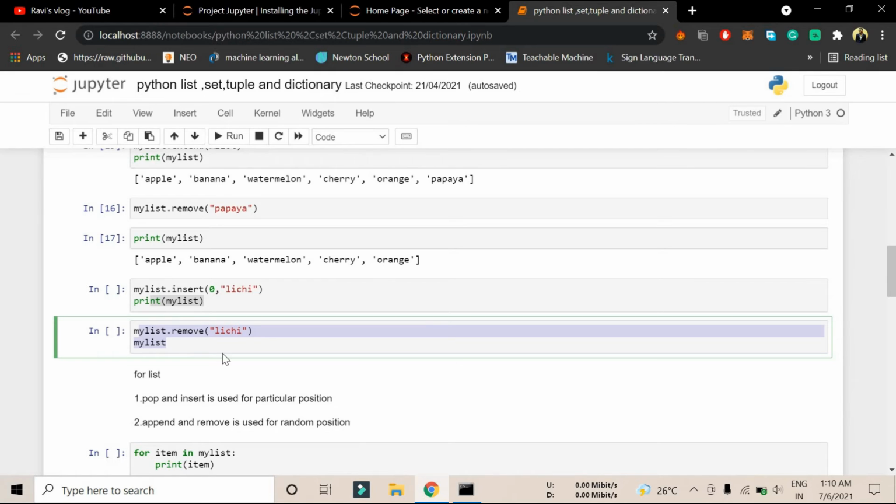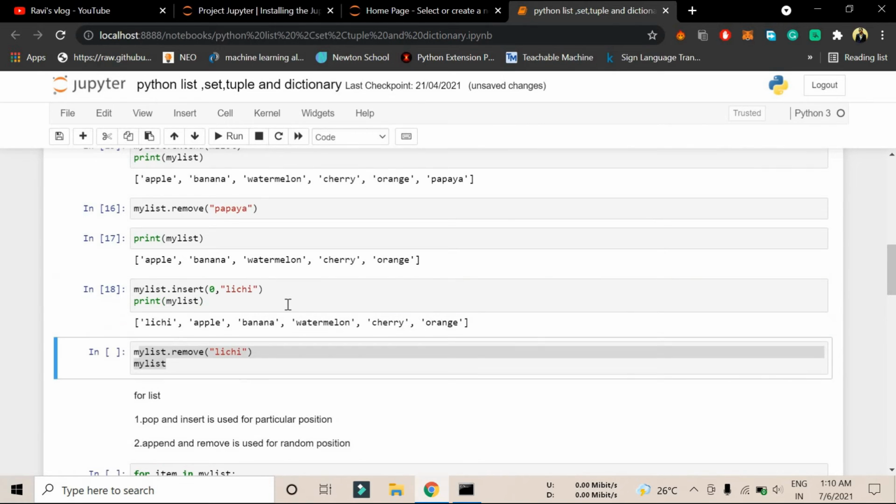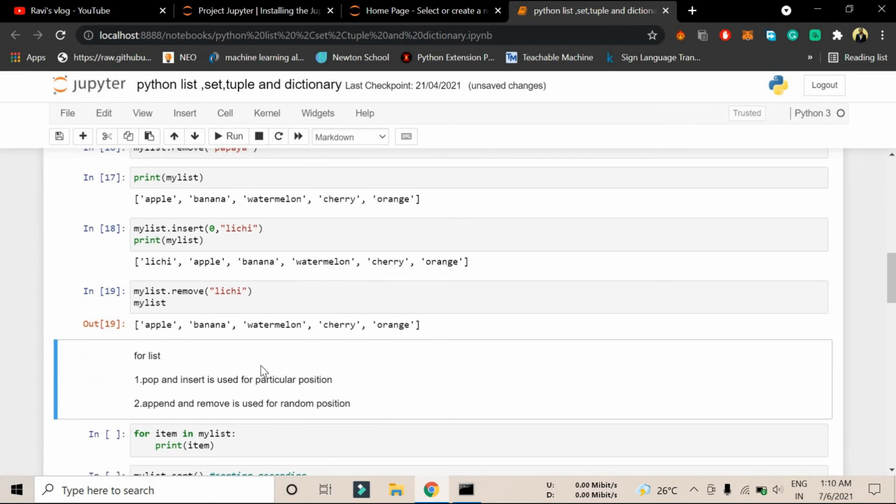If I want to insert the fruit lychee at the 0th position, I will insert it here, and lychee is inserted. And if I want to remove it, I will just use dot remove and it will be removed.